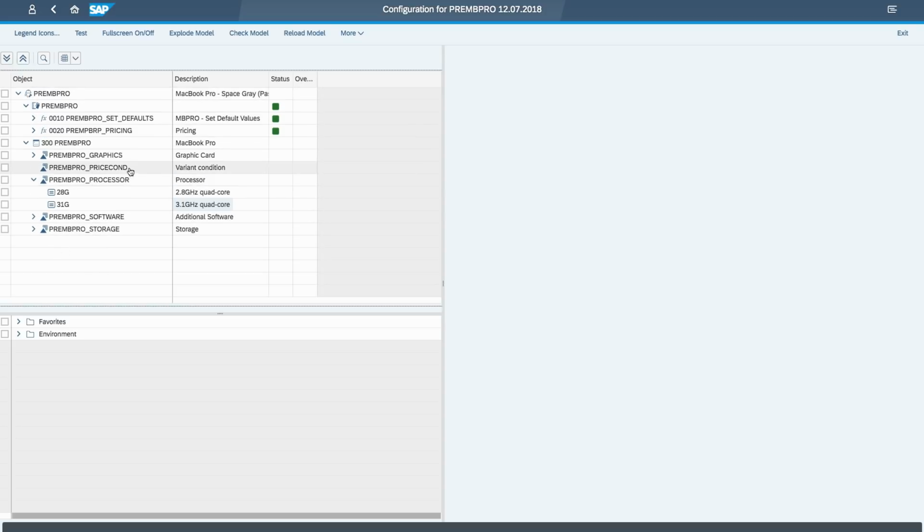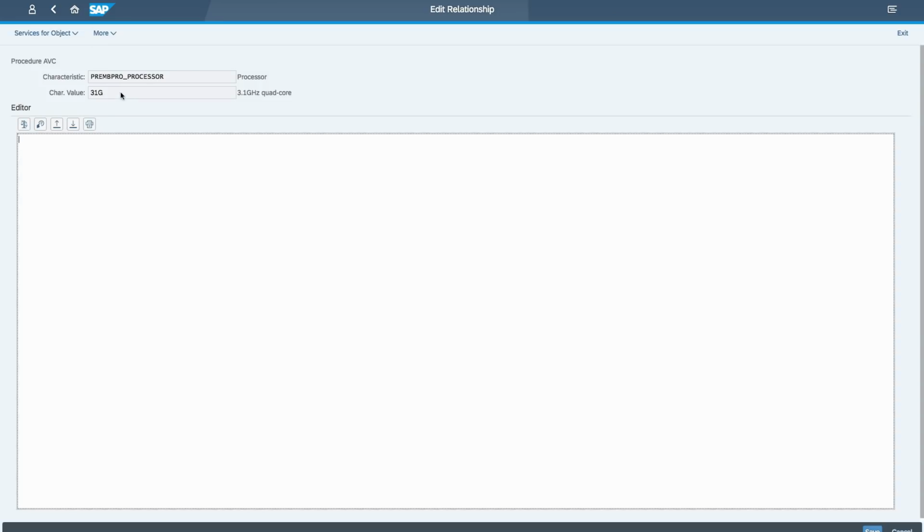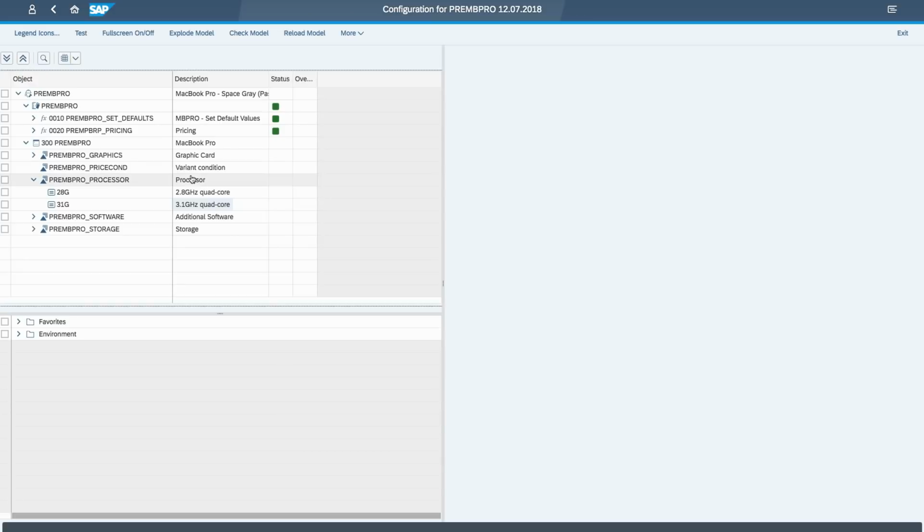What we're trying to do here is influence the characteristic PREMB Pro price cond. We want to be able to say that this characteristic will take on the value of 31G Pro, which is the variant pricing condition that we had created, if the customer picks 31G. Now we don't need to specify 31G because I'm already assigning the dependency to this particular value. So what I'm going to do here is I just need to say that